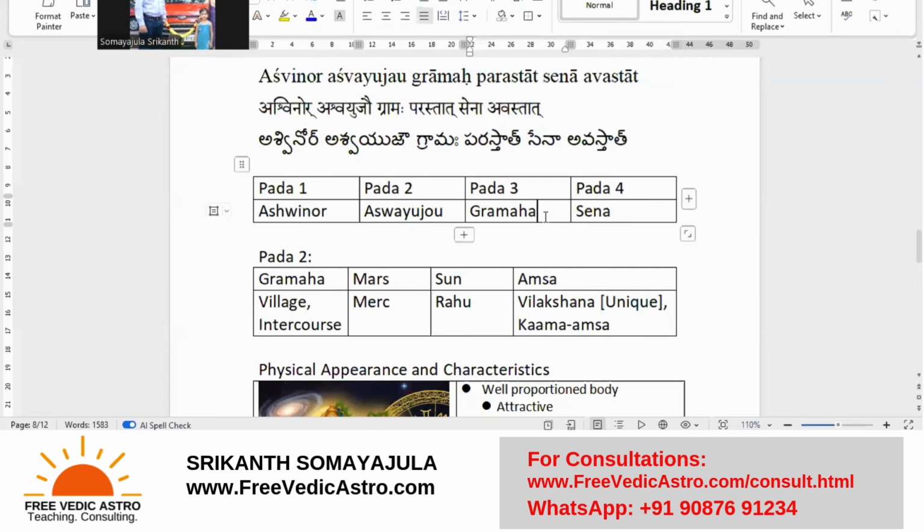The Gramaha would mean Grama. Everybody would know Gram would mean village, but not very usually people use the Sanskrit word Gramaha, which would represent the intercourse that happens between the male and the female that is used to populate a village. Or in other words, Shiva and Parvati are the father and the mother, and they are trying to do the yajna, that is the intercourse, wherein the population is expanding, right? So even Gramaha would mean intercourse, or Gramaha would mean village, right?